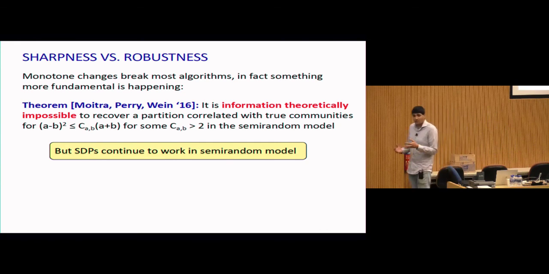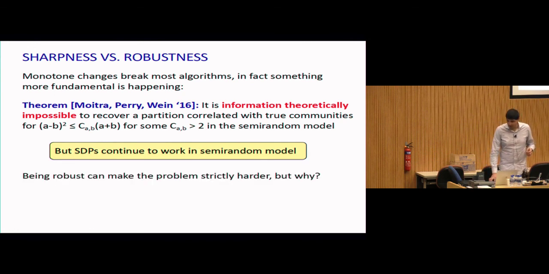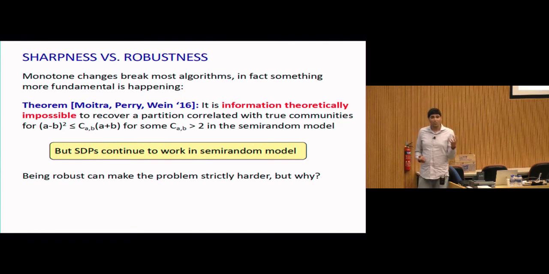And one of the neat ways that this explains how the worlds of theoretical computer science and statistical physics collide, it tells you how to vindicate SDPs, why it's okay that they don't reach the sharp information theoretic thresholds. Because semi-definite programs actually turn out to continue to work in semi-random models. So what this means is that belief propagation is often a very sharp prediction about one and only one distributional model, whereas things like semi-definite programs tend to be predictions about entire families of distributions, all of the distributions you can get under these monotone changes.